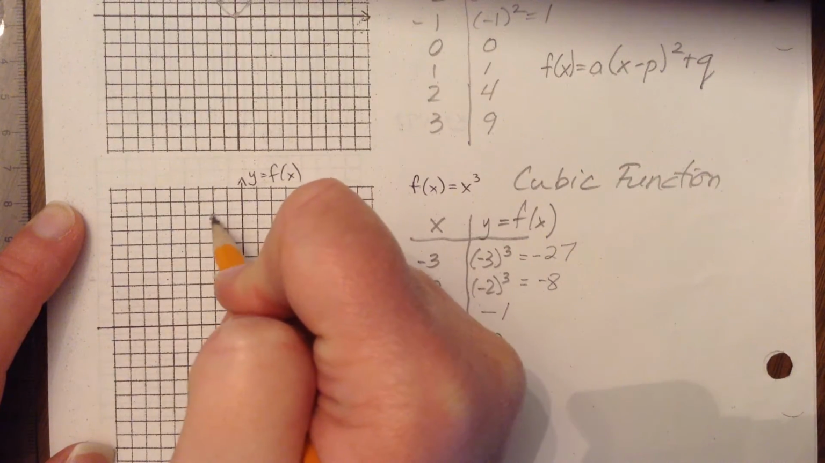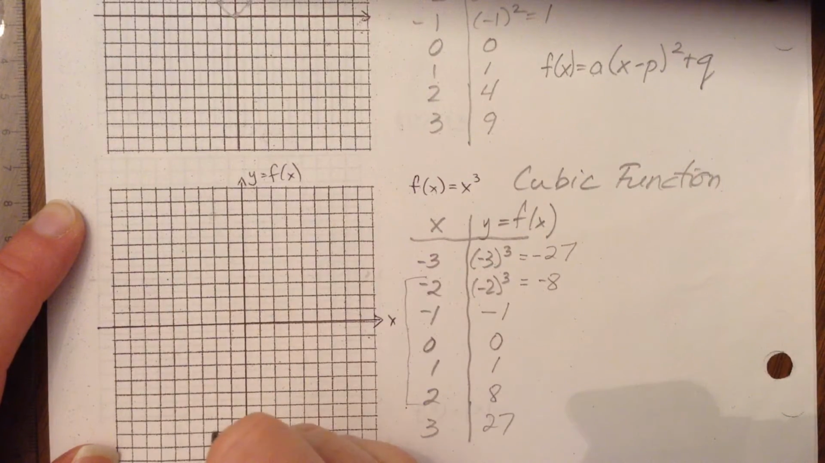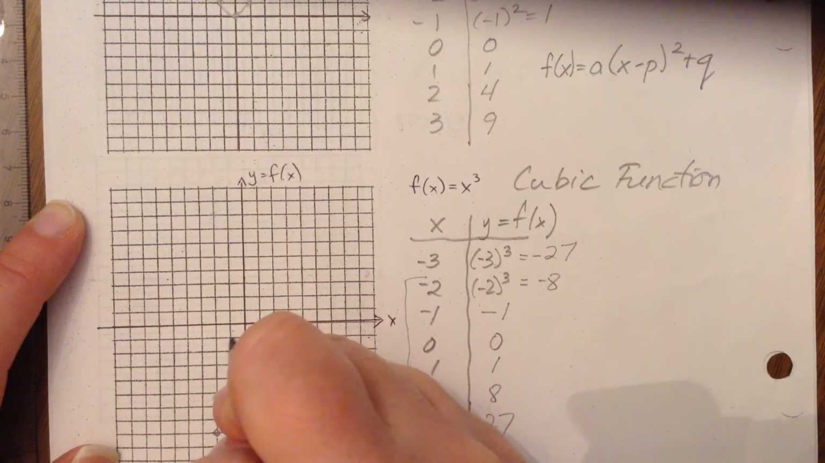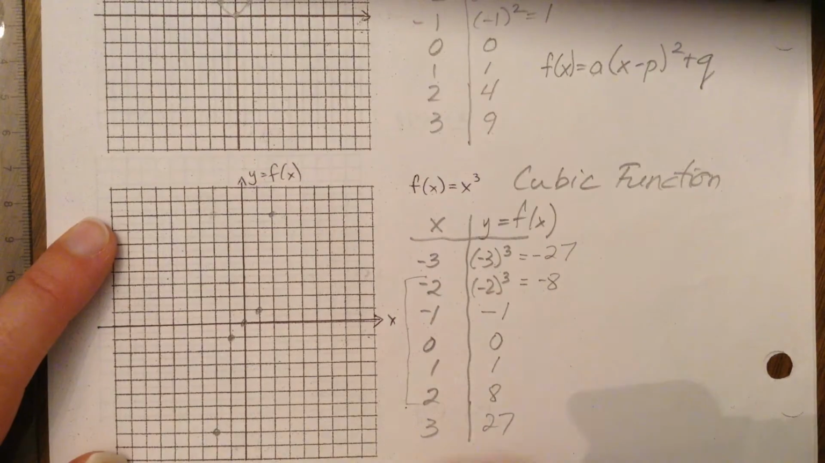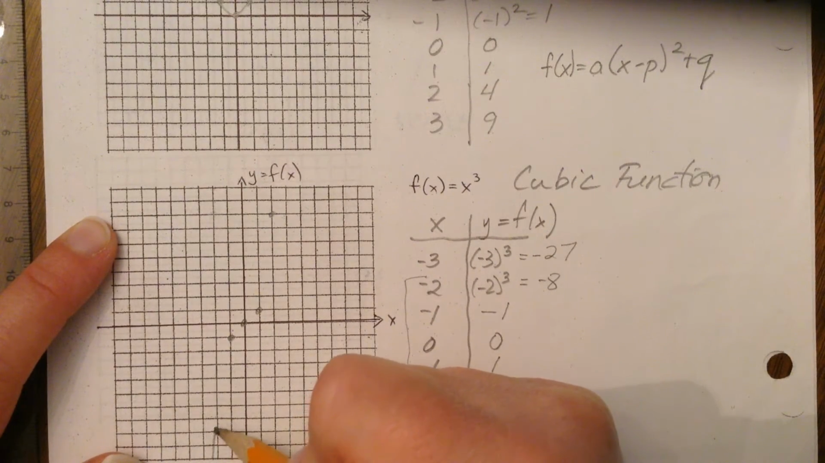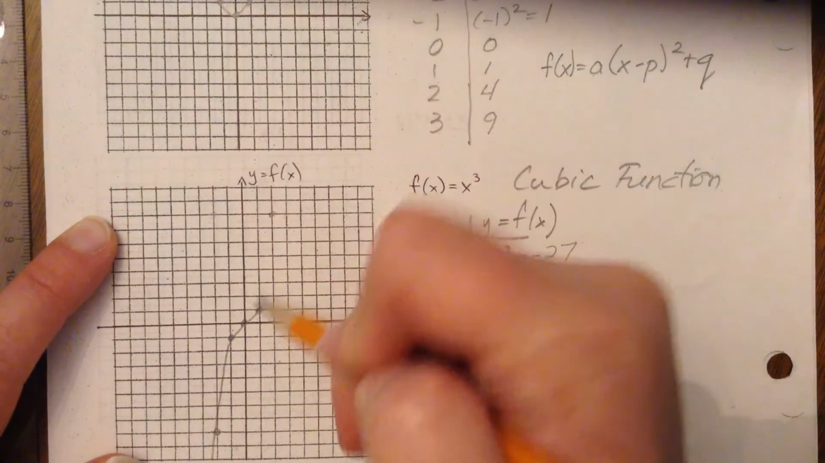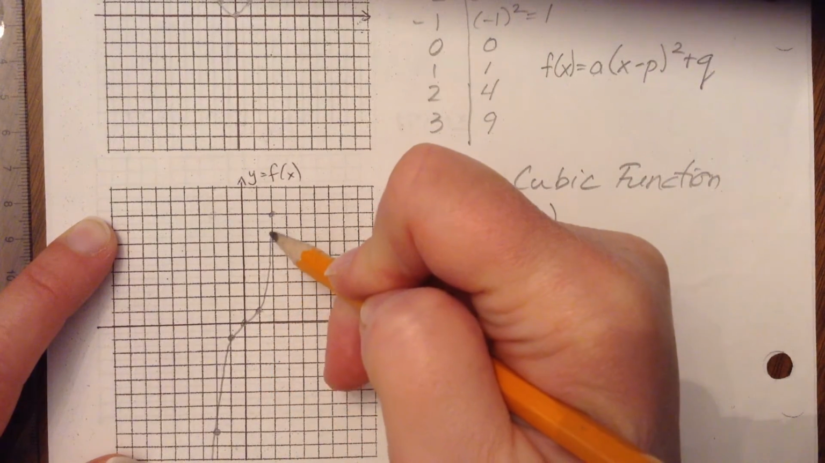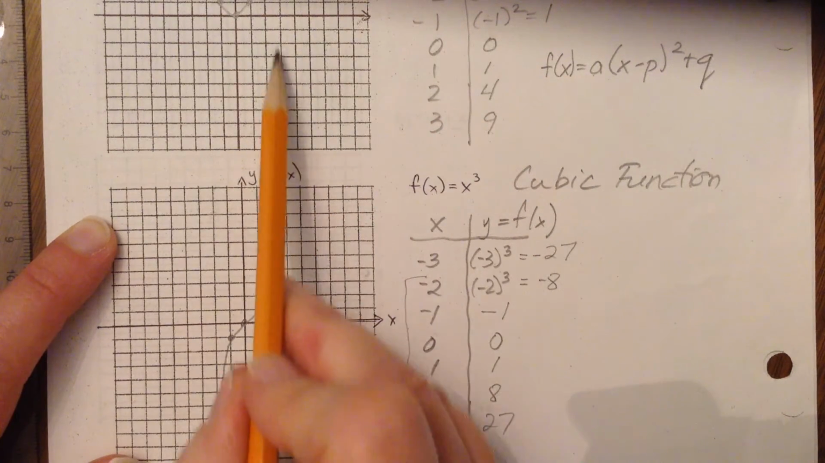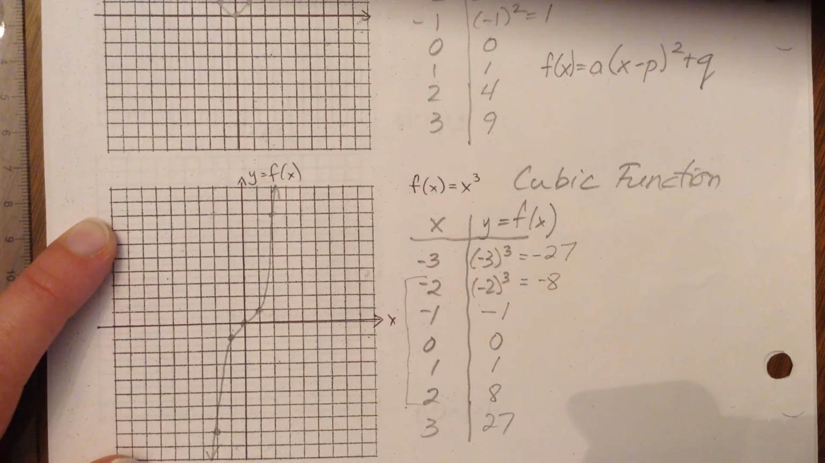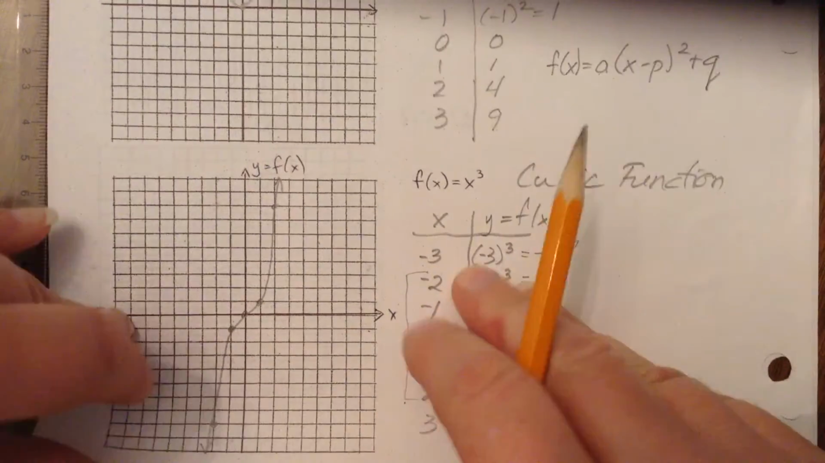So negative 2, 8. Oops, I'm sorry, that is wrong. Negative 2, negative 8. Negative 1, negative 1. 0, 0. 1, 1, 2, 8. And it's going to be a nice smooth curve, again, connecting these points. You can see it's a little bit steeper than the parabola. It gets quite steep there. And to plot 27, that would be way up there, way out of range, so we wouldn't be able to see that. Okay, so this is a cubic function. Now we're going to continue